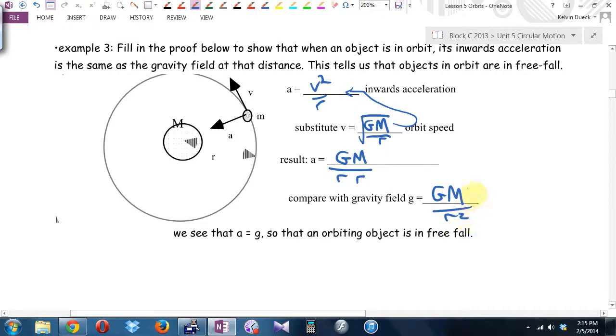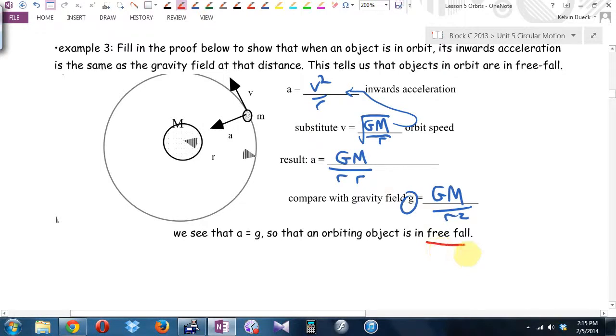Which I'm pretty sure last class I told you was the universal way to calculate the gravitational field anywhere. That means, and you try and explain this to a non-physics person and they won't believe you, the astronauts on the ISS are experiencing gravity, but they're floating. Well, here's the key. They are in